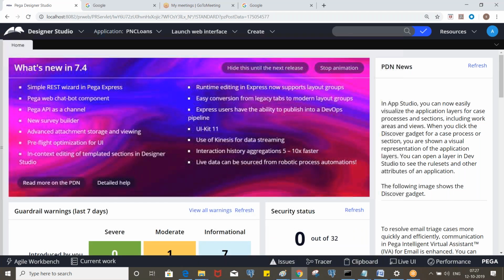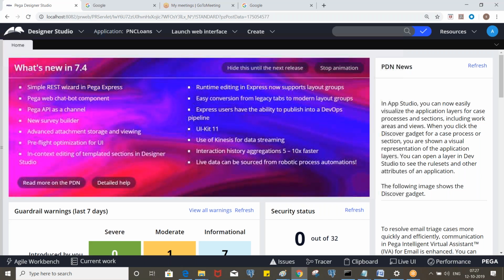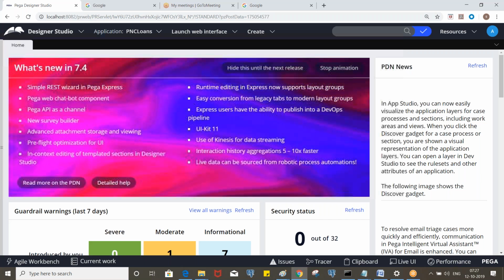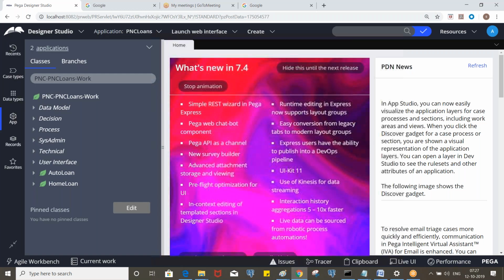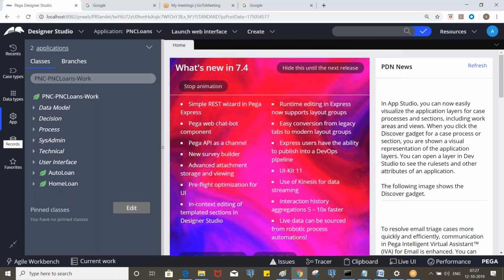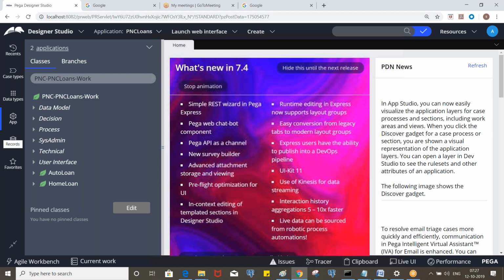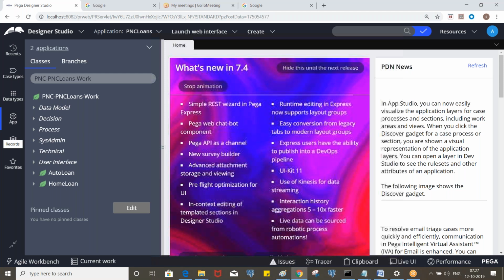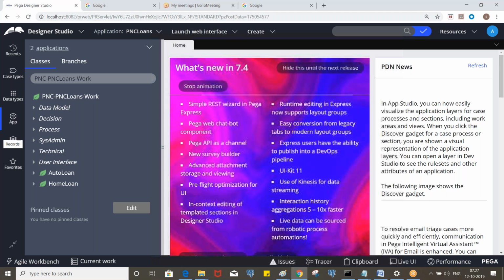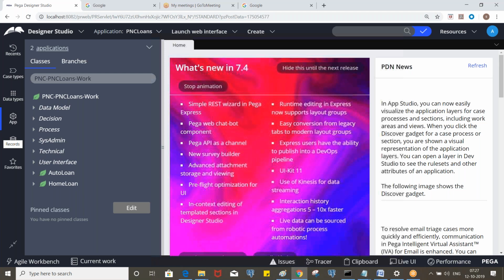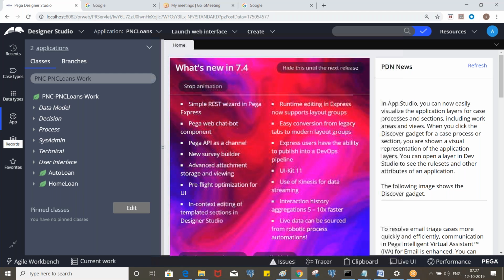So what are the activity methods we worked on so far? Obj open, obj browse, and we used obj save. These are the obj methods we worked on so far, right? We have one more method called obj open by handle.